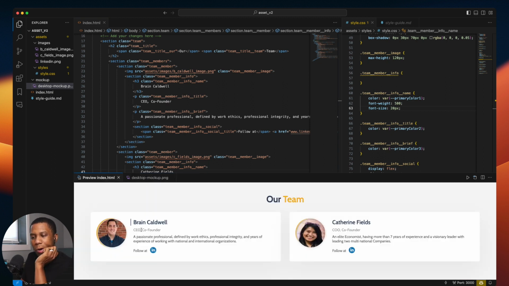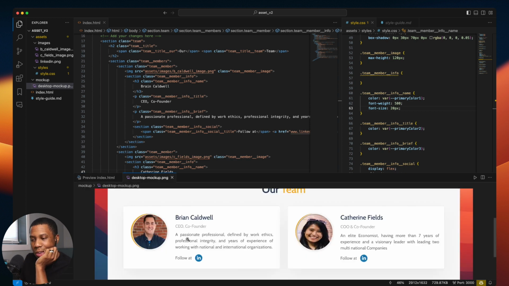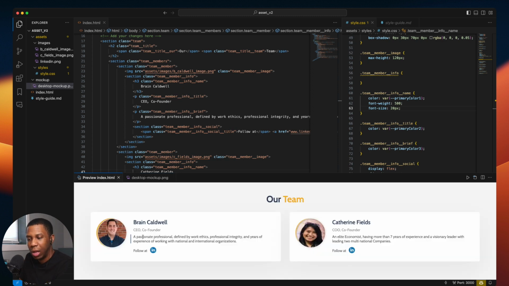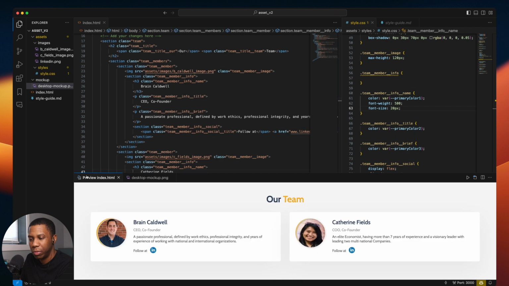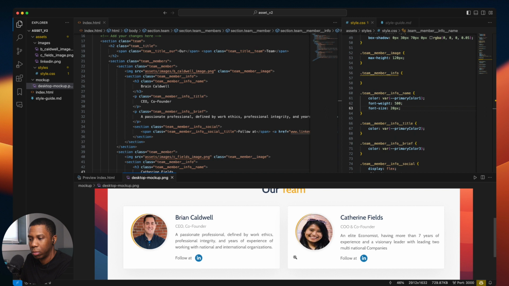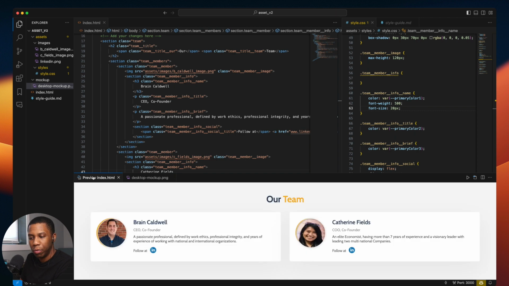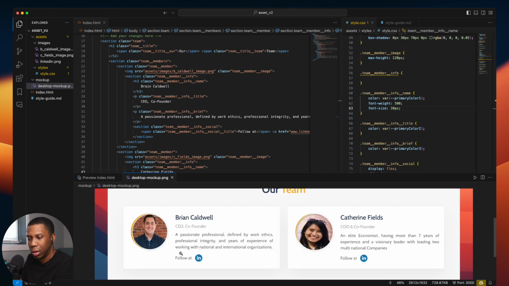Let's see what else. Oh, okay, if we look at this text right here, we can see that ours is more of a bold. Same thing with this right here, our title. Both of those seem to be a more bold font, while our mock-up is more of a thinner weight. But before we do that, I think we should have a little bit more spacing in between our rows. Yeah. To do that, let's add